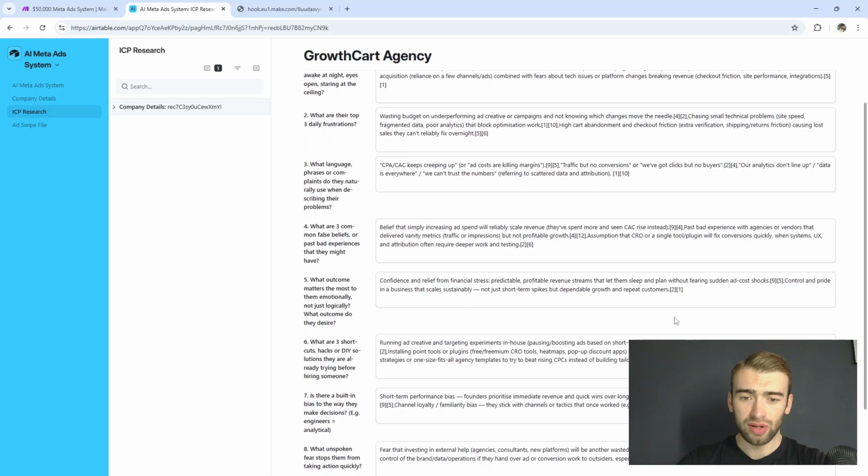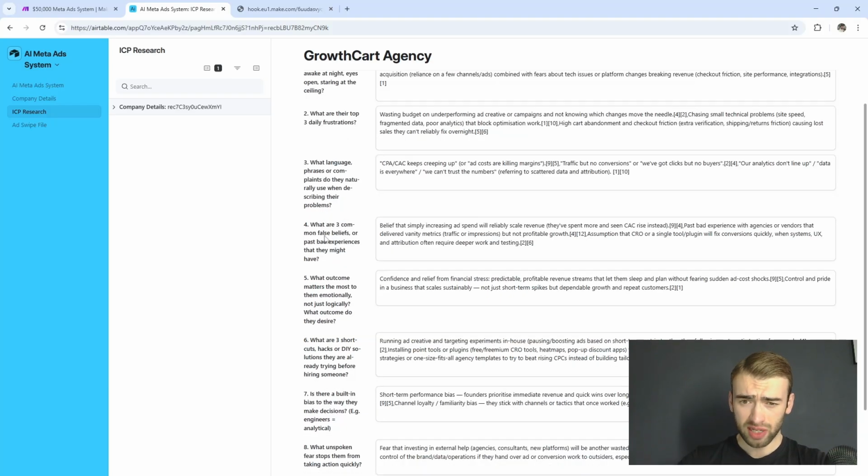And then if I come down here and just pick another example, if I just pick this one here, number 4, what are 3 common false beliefs or bad past experiences they've had? So we've got belief that simply increasing ad spend will reliably scale revenue. We've got assumption that CRO or a single tool will fix conversions quickly. And we've also got here bad past experiences with agencies or vendors that delivered vanity metrics but not profitable growth. So the AI is going to use all this information as leverage when we're actually going about creating the ad